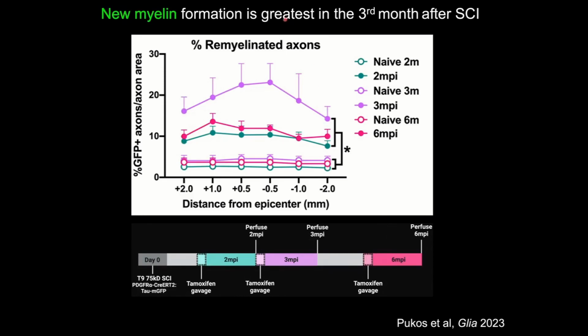Interestingly, while this new myelin was closest at the epicenter region, it extended several segments rostral and caudal. In this lesion model, Nikki looked at the epicenter, plus or minus 0.5 millimeters, but out to 2 millimeters rostral and caudal is quite distal from the lesion, and it's not in the lesion proper. So even out in what looks like spared tissue, we're seeing evidence of new myelin formation.